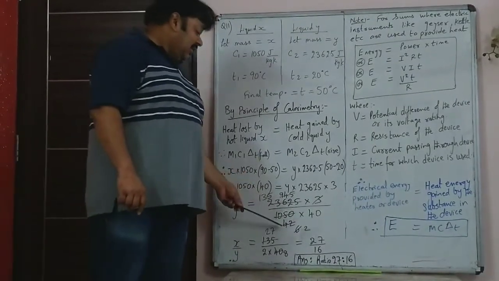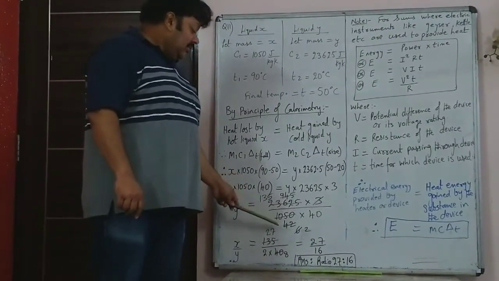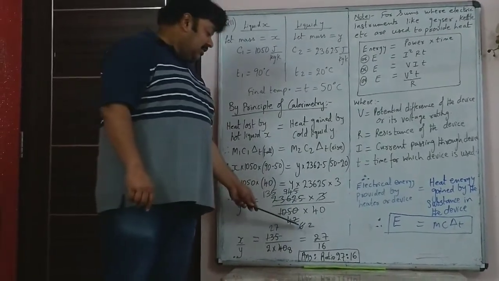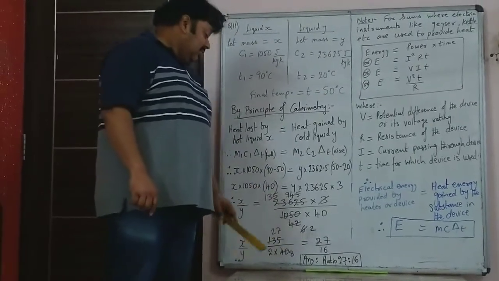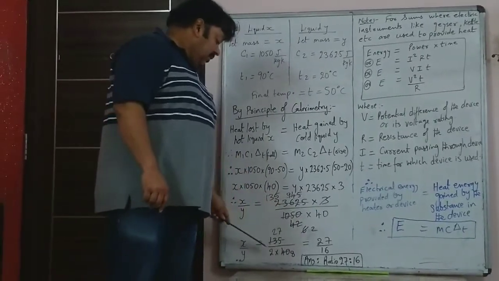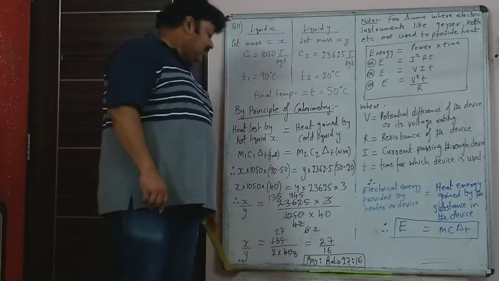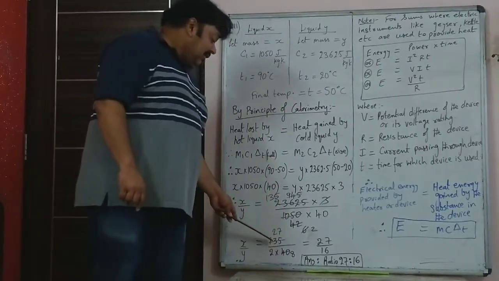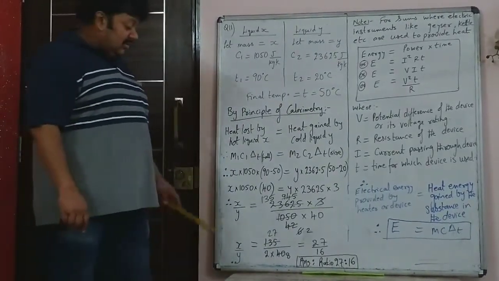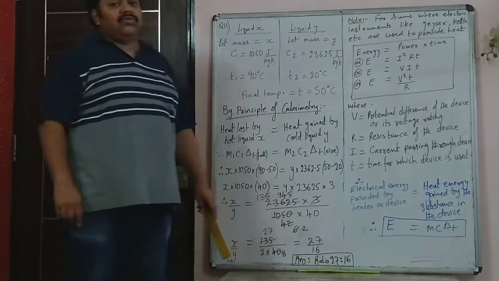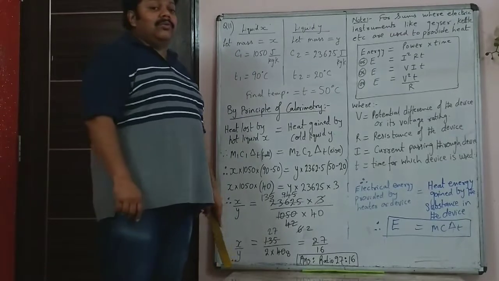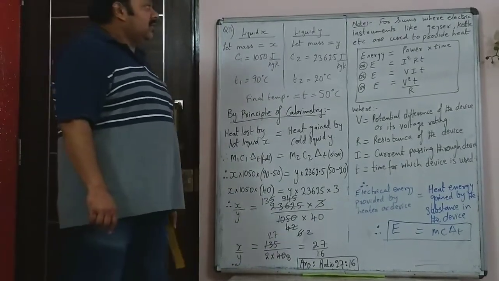That gives you 945 upon 42. Then both those numbers are divisible by 7. So you get 135 and 6. 3 and 6 goes 2 times. So you are left with 135 upon 2 into 40. Now 135 and 40 both go with 5, 8 times and 27 times. So the final answer you will get is numerator 27 and denominator 16. So the ratio is 27 is to 16. That is the proportion in which x upon y is 27 is to 16.